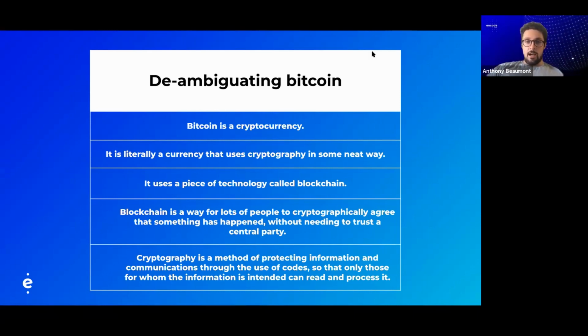Cool. So we talked about this 2 weeks ago; we'll whistle through this stuff. What is a cryptocurrency? We use this by disambiguating Bitcoin. DOT, the Polkadot currency, is a cryptocurrency, a currency that uses cryptography in some way. It actually uses this thing called blockchain, which we care a lot about. And Polkadot is itself a blockchain, and a very cool one at that, which we're going to talk you through the inner details of in this event.